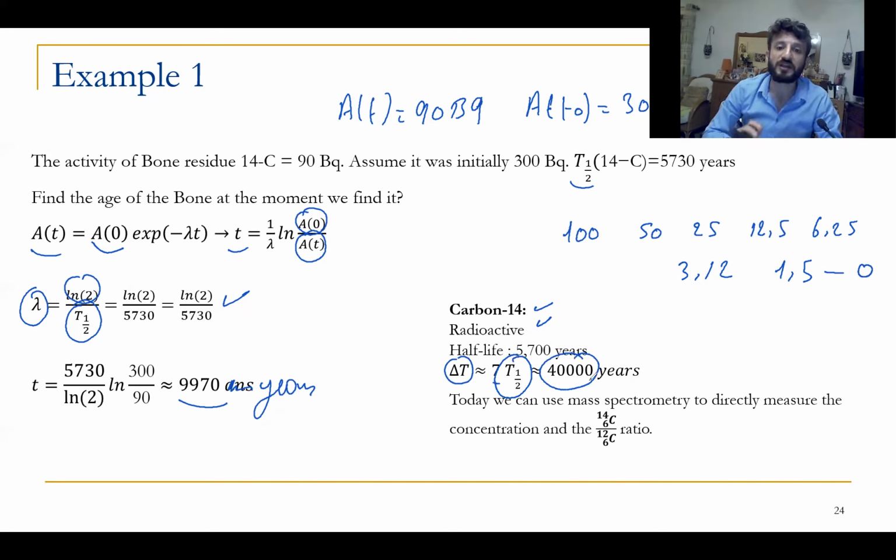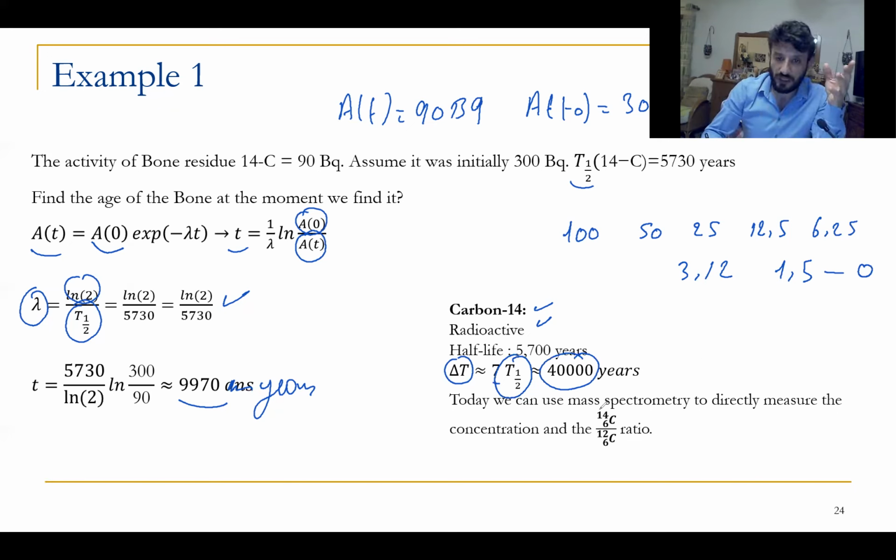So in general, we can use carbon-14 to determine the age of any organic matter over a time of about 7,000 years up to 40,000 years, between 7,000 and 40,000 years. Anyway,